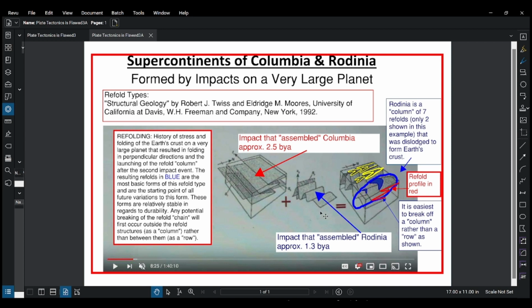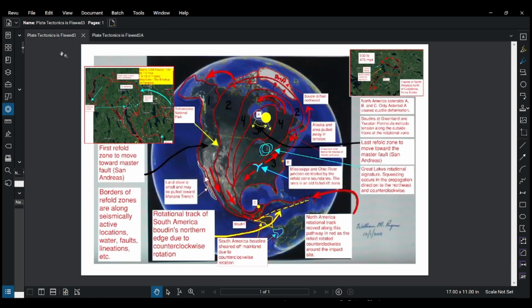And with these refold structures, you can see the profile in red. There's a closed end and an open end. Here's the closed end where the cursor is right here. So that's this part of the refold structure. This is all closed end right here where the cursor is. Okay, so if we go back to this,